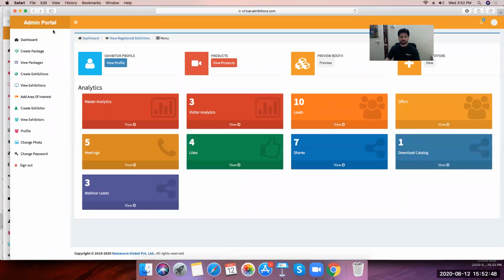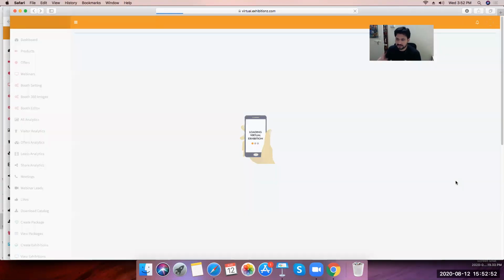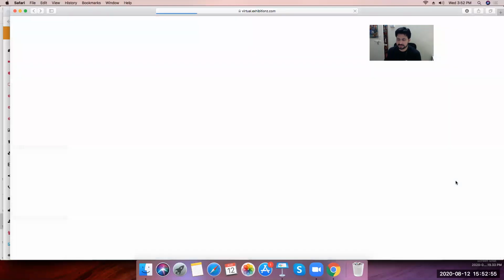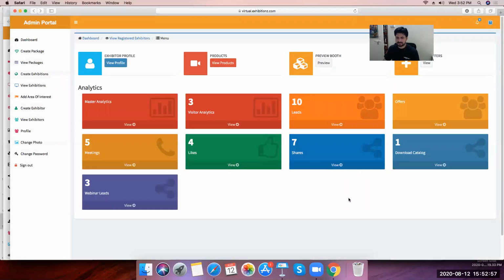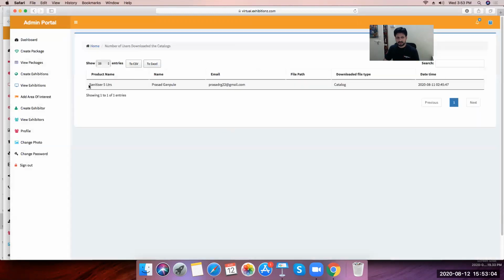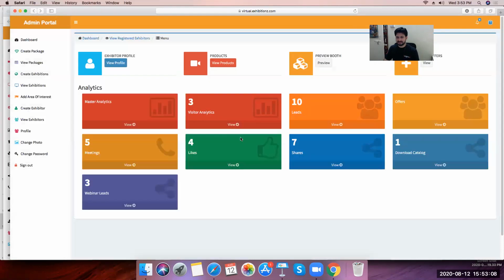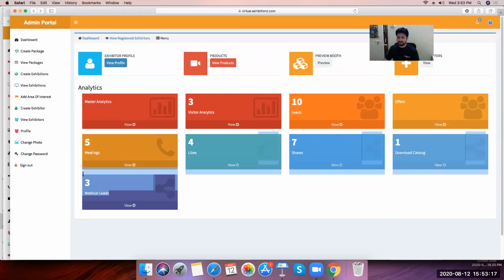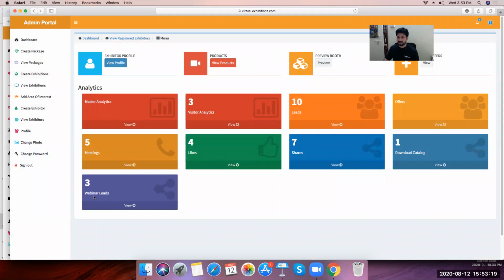So over here also, download the catalog. It's not considered as a lead, right? There is a download catalog button, right? Yes. If he fills that up, it will show how many people have downloaded it. But we have also given that data as well. That's not a problem. Not only that, we have also given the data of shares, the likes, the meetings that he has received, the webinar leads, the webinar applications that have happened. We have also mentioned that.